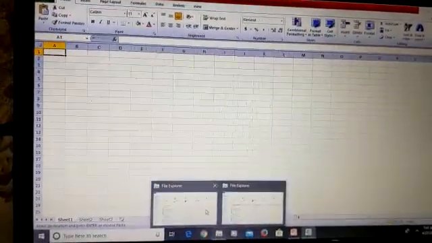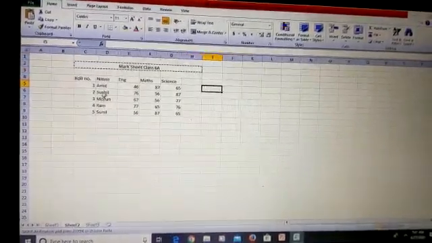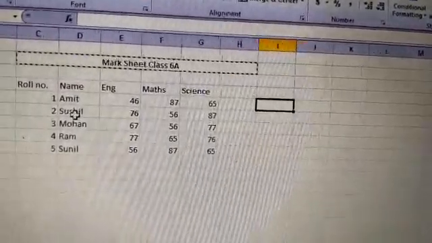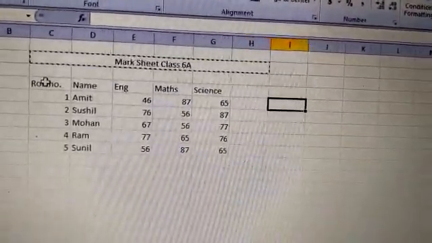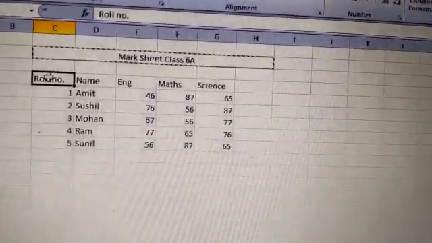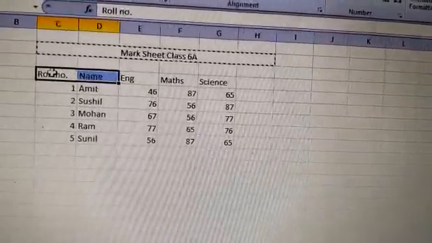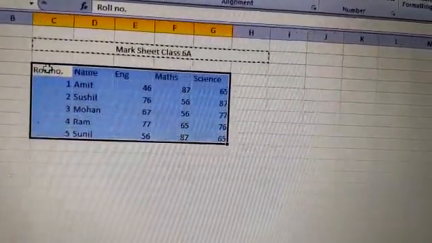Now let's see how to insert a chart. This is data which has already been entered, and we need to insert a chart for this data. In order to insert a chart, the first step is to select all the rows and columns, all the cells that contain the data.